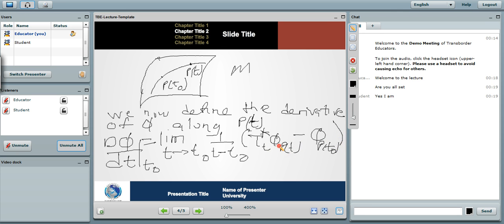So this is the derivative of the covariant tensor field of order r along the C-infinity curve